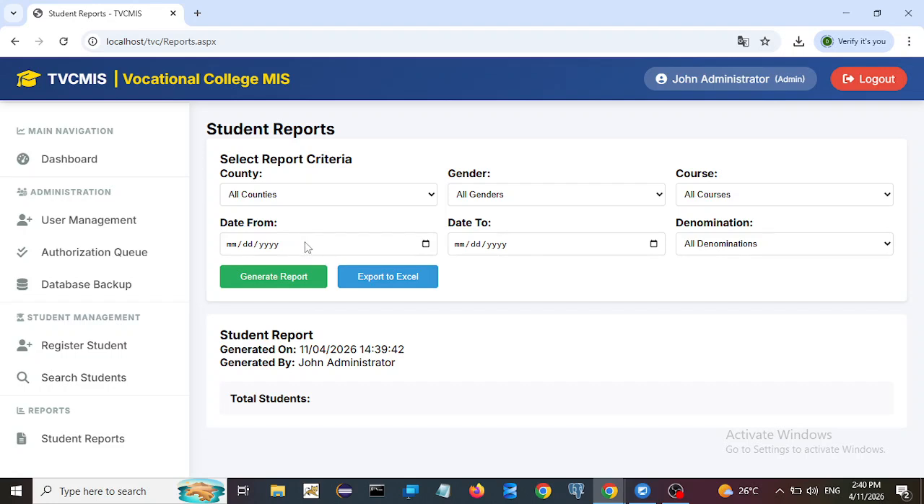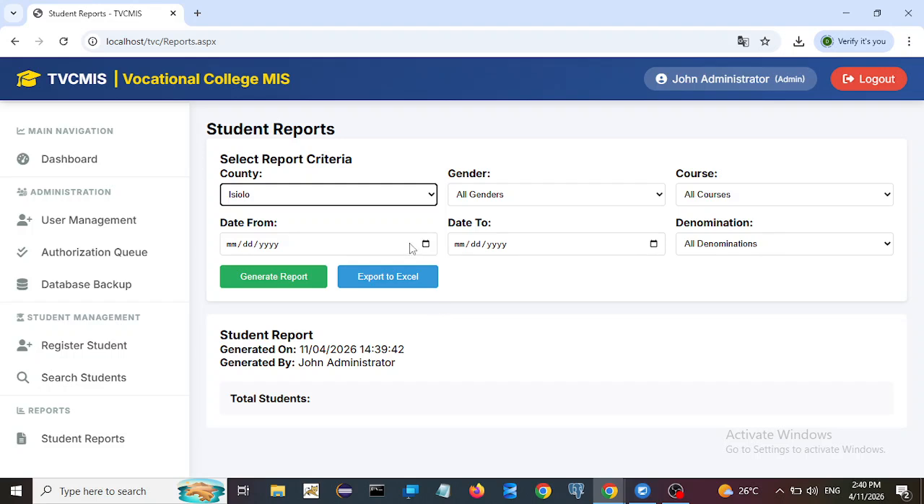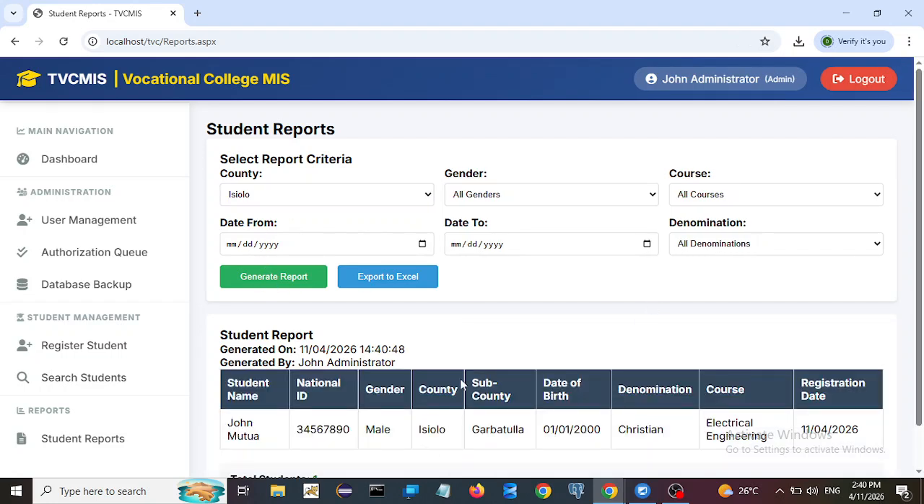So for now, we can search the report county-wise. If, for example, we select the county of Isiolo, we are picking this intentionally because there is a student we created there, and click generate report. It will check all the students who are created under the county of Isiolo and show